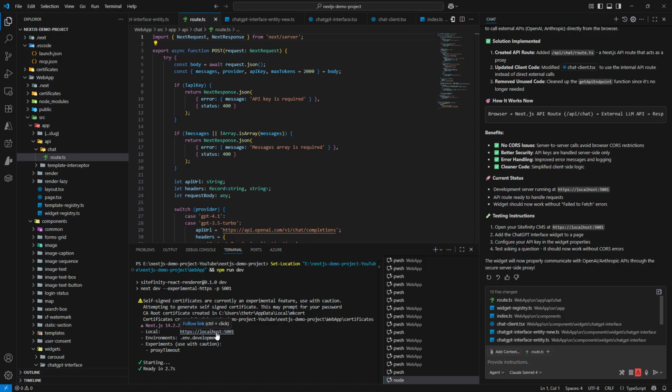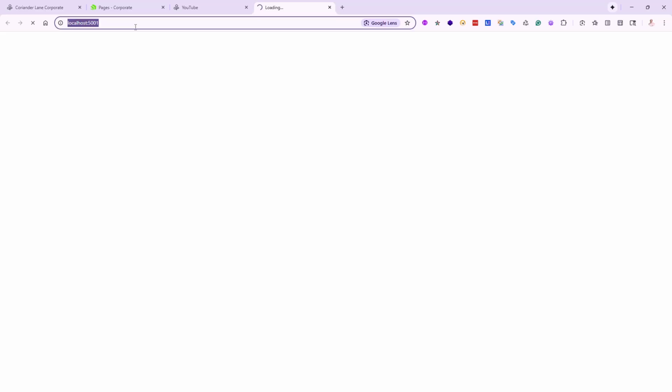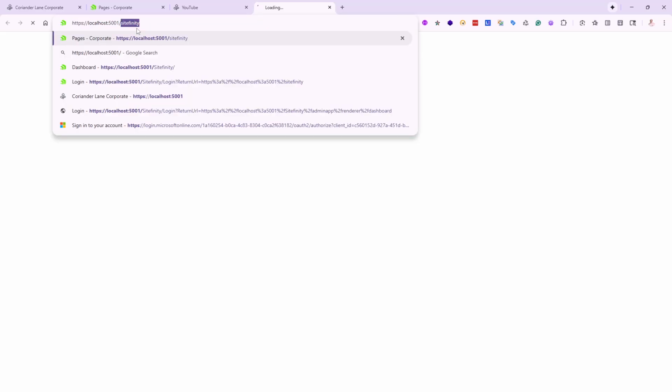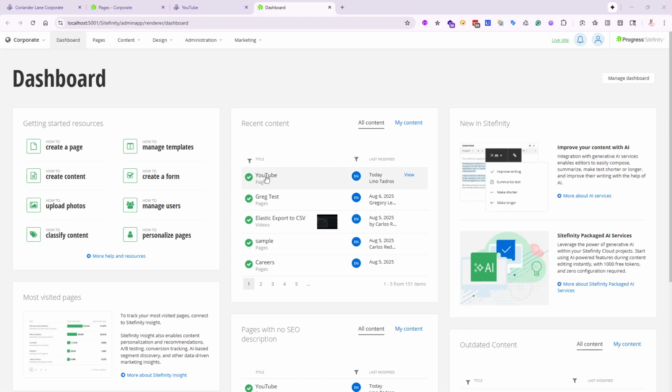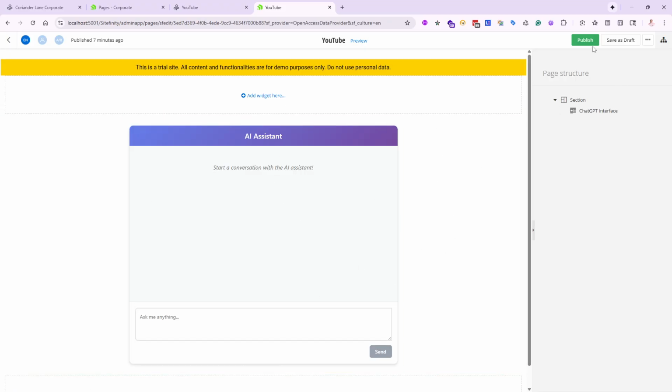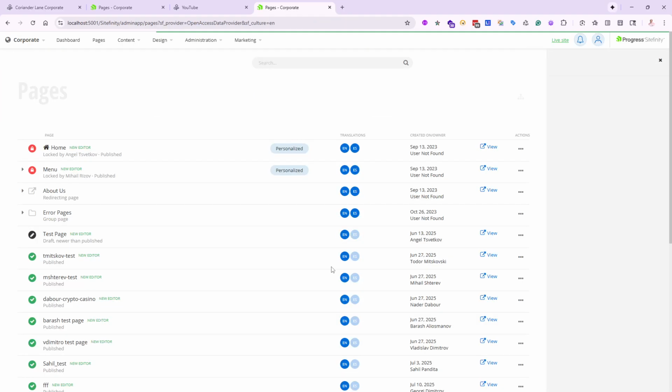Let me go ahead and go to localhost 5001, and let's see this time if I can actually get a response. Finally, we'll say let's go to backend for Sitefinity. All right, and there is my YouTube page. It should have already the API key and everything because I published. So it should go straight to the user interface. Let's make sure that that is the case. Going once, going twice, ship it. All right, we're in good shape. We don't even need to publish. I just need to run it in